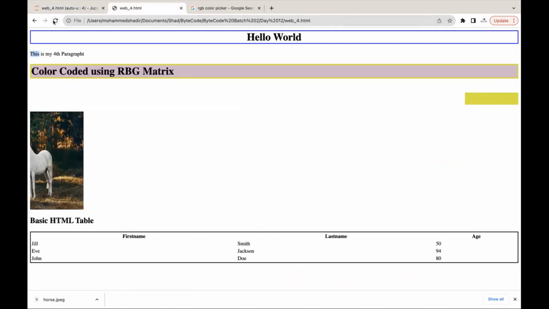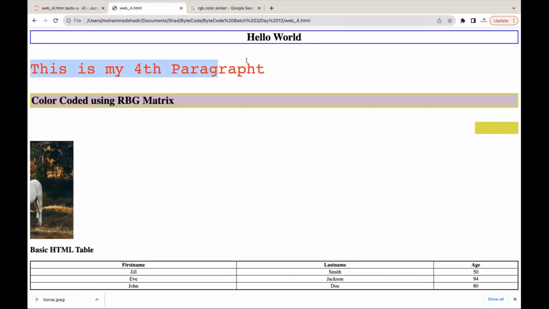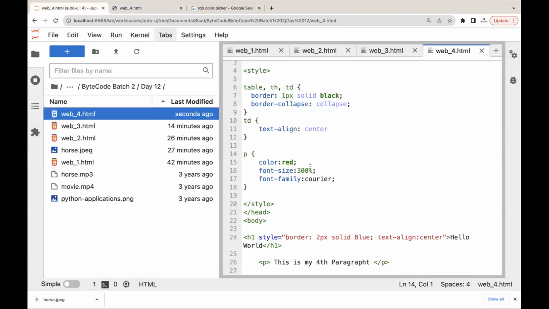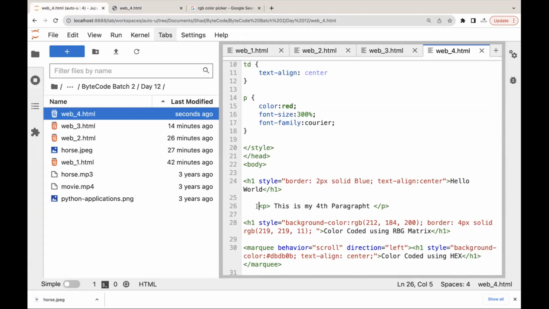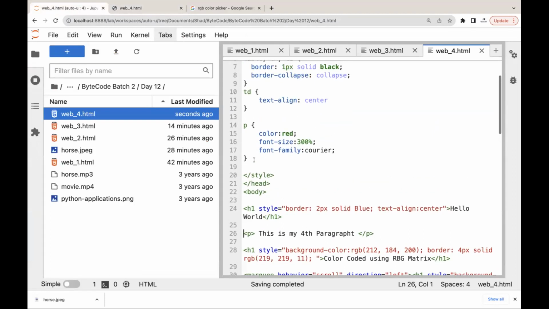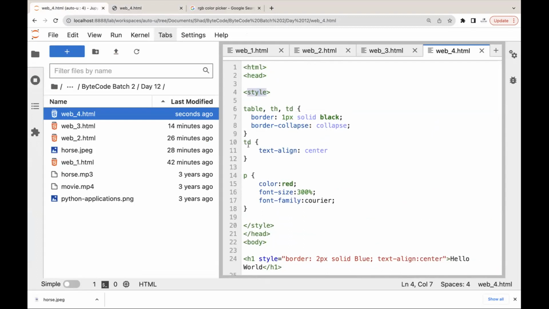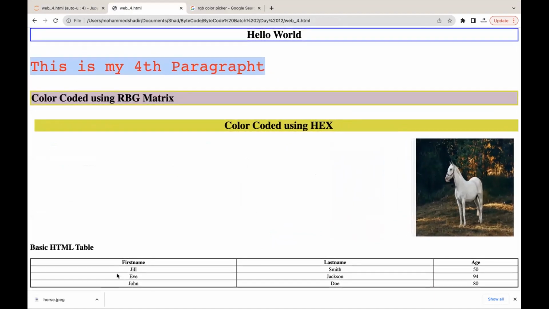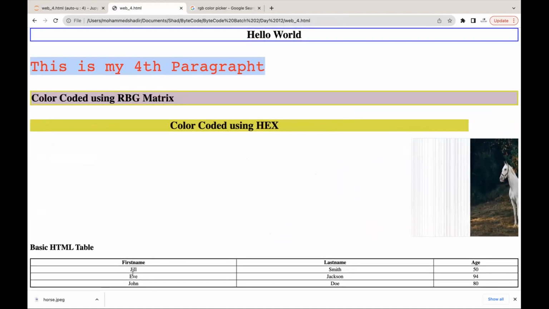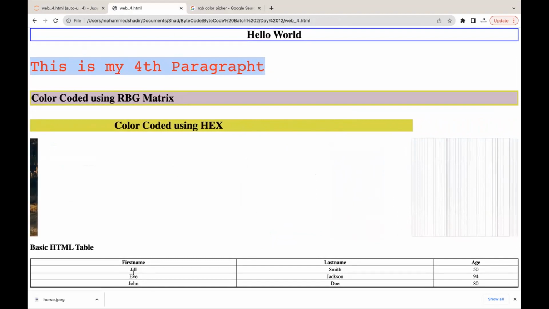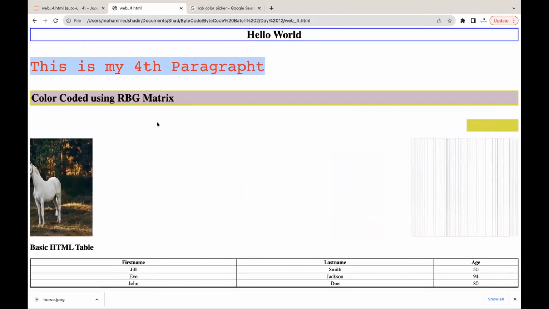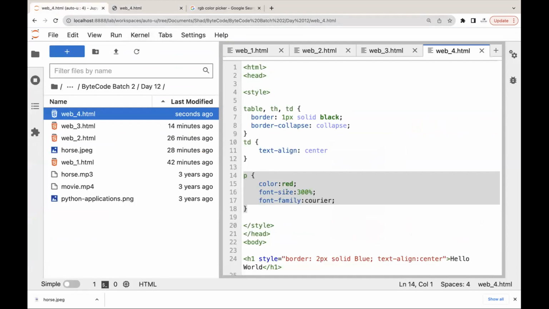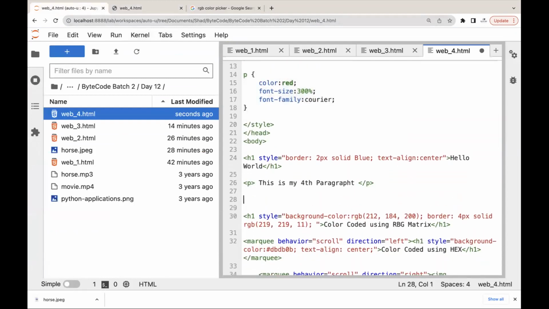if I reload this, you will see that this has automatically picked the style without even giving style. I remember I didn't give style here, right? I didn't give style here, but it picked the style from the style tag, whatever I have mentioned there. This is universal to the entire web page, right? And as you could see here, the table is also formatted to center aligned text. Now if I again use the p tag,